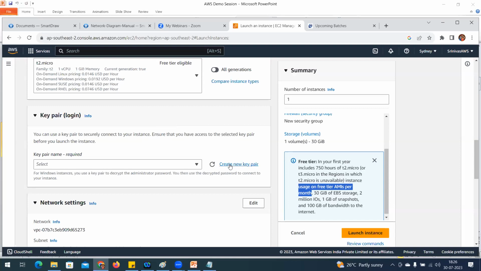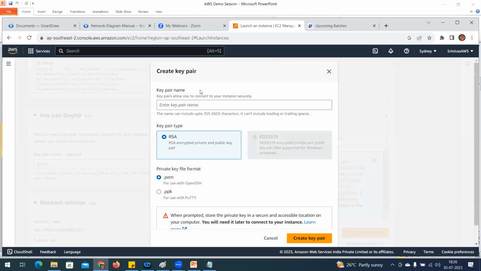I'm going to select create a new key pair because this is my first time. As soon as I click on key pair, I can mention any name. This file is going to download to your system. How we are going to use it in later stages, we are going to see. First, we give a name. This key pair by default comes with a PEM extension. Whatever name you mention, I'm going to mention batch 166 key.